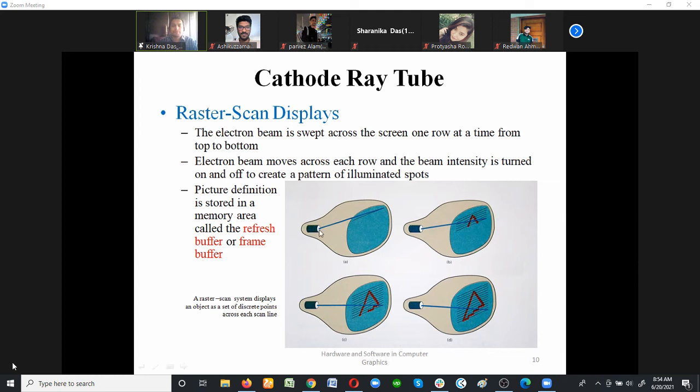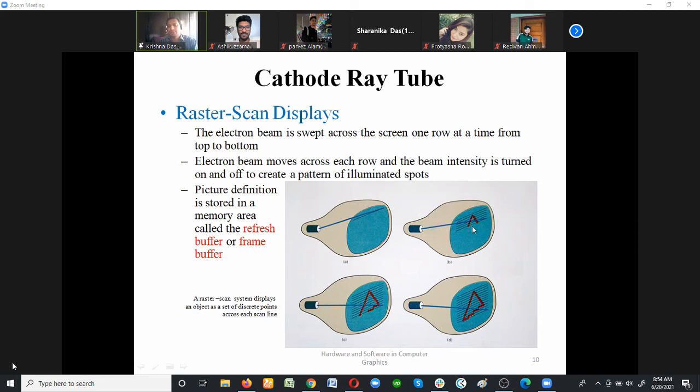So that single gun is painting from top to bottom. We have seen one of the videos with Mario, shot with a powerful camera in the slowest motion, where we can see it really painting from left to right and creating the images. So the electron beam moves across each row, and the beam intensity is turned on and off to create the pattern